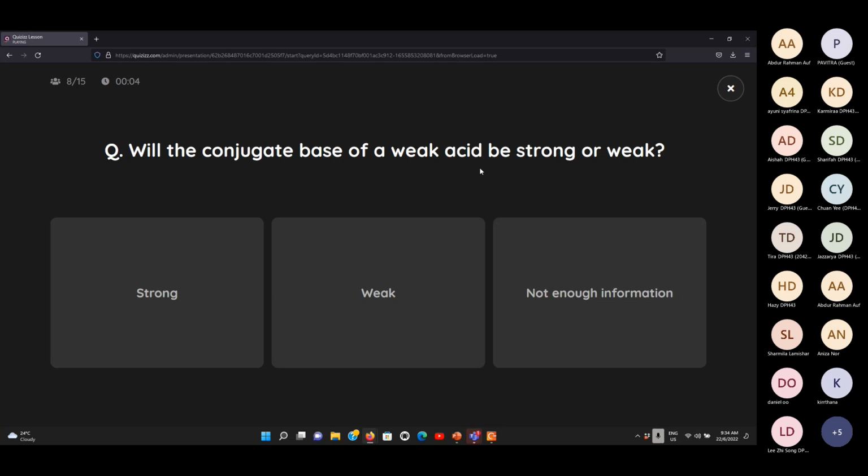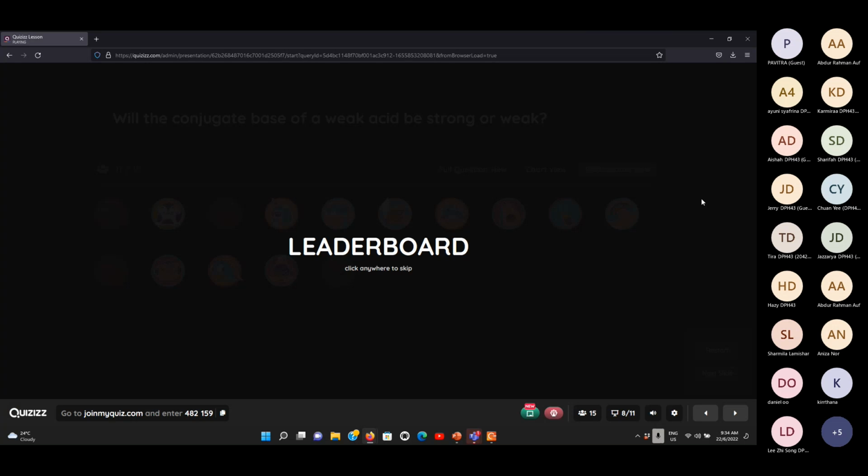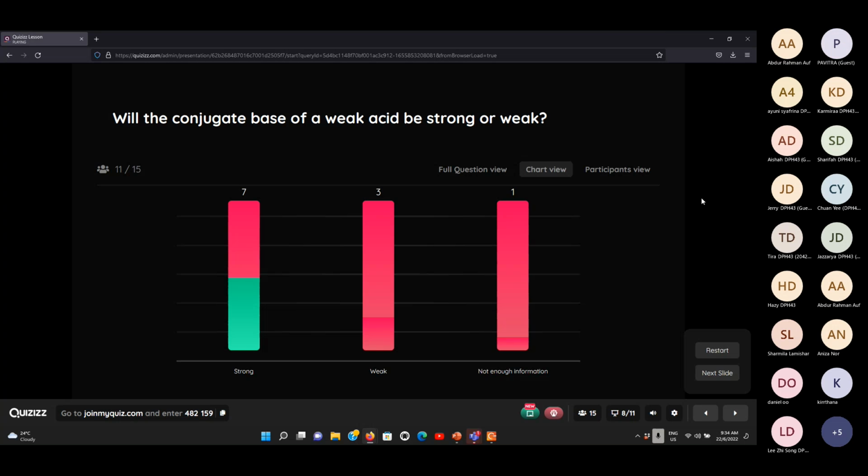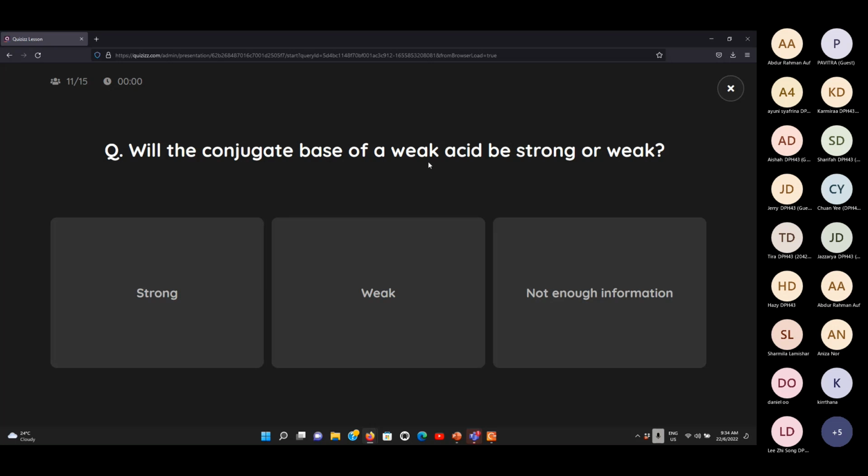Itu kita akan discuss. Semua jawab. So kat sini, okay. Ramai orang jawab strong. Selebihnya, kamu tahu ke kamu hentam ni? Okay, so conjugate base of a weak acid. So this is just